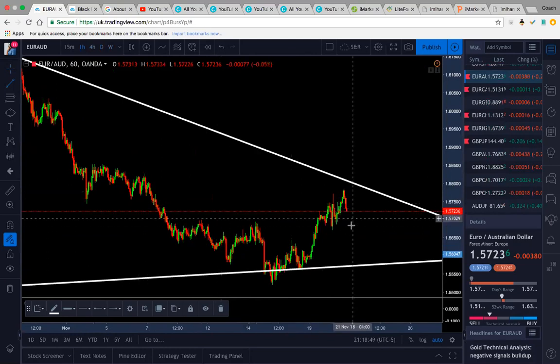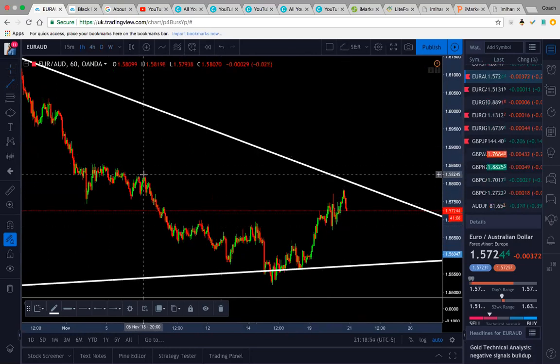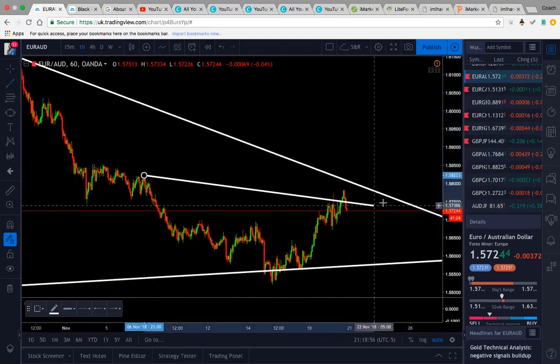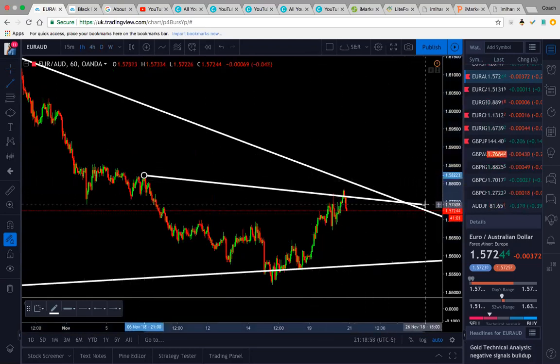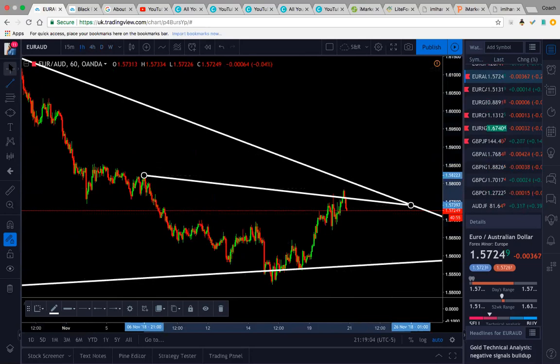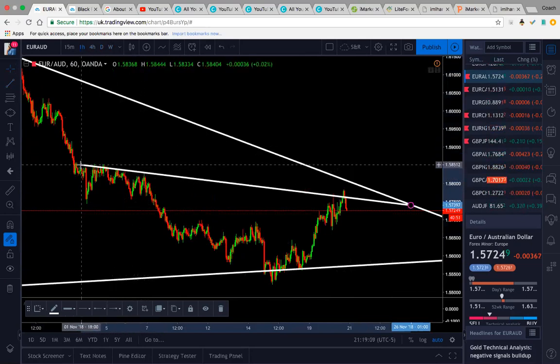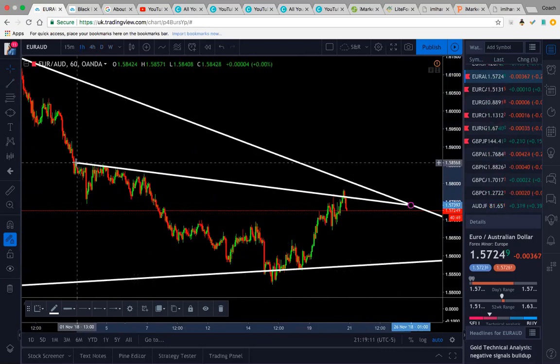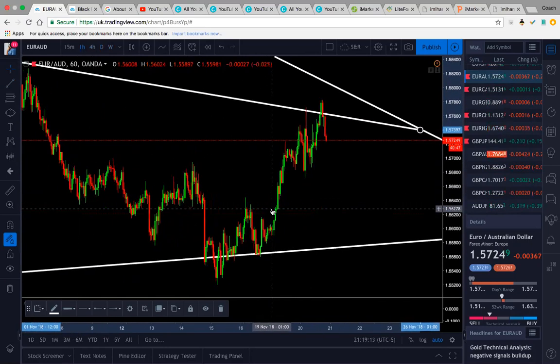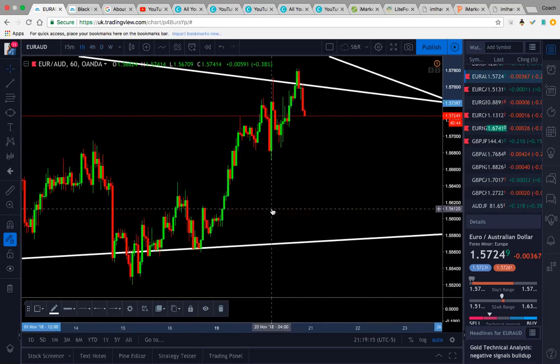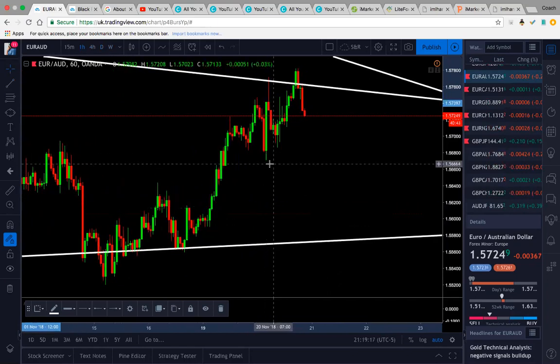So again, here we could look at it that price is telling us that this is an area of rejection as well. You can draw based on what patterns you see, but we just want to scale in to see what